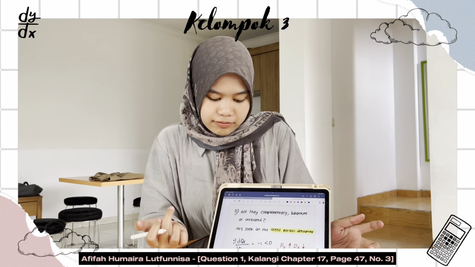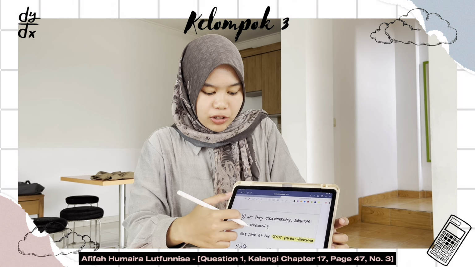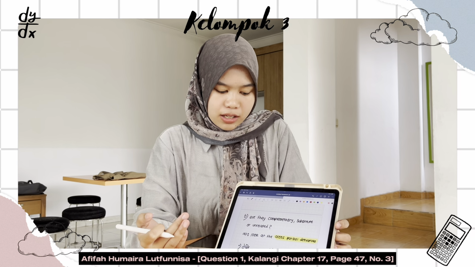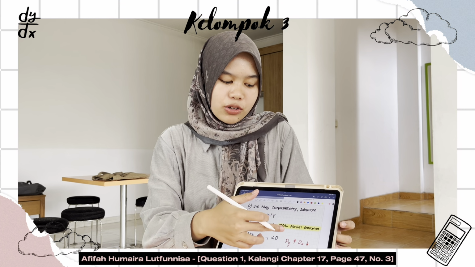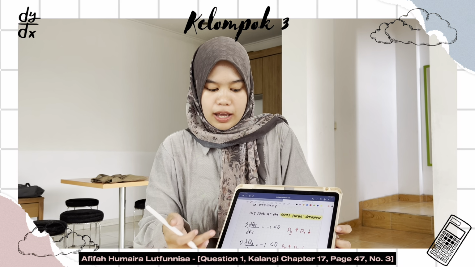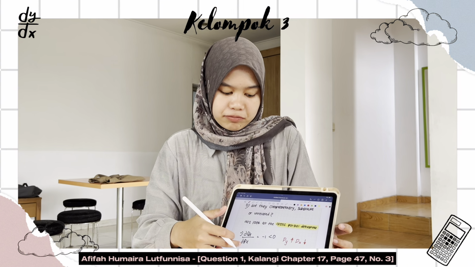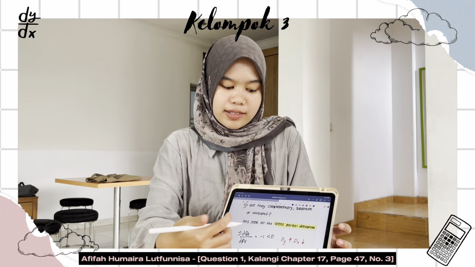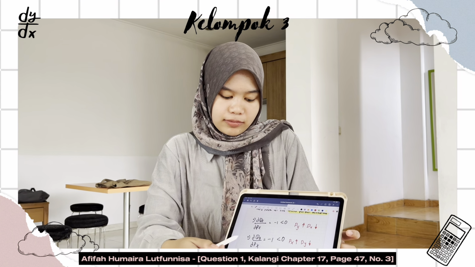We need to make sure whether they are complementary, substitute, or unrelated. So let's look at the cross partial derivative. Do Qx per do Py is negative 1, so it is less than 0, which means when the price of Y is increased, the demand of product X will be decreased.